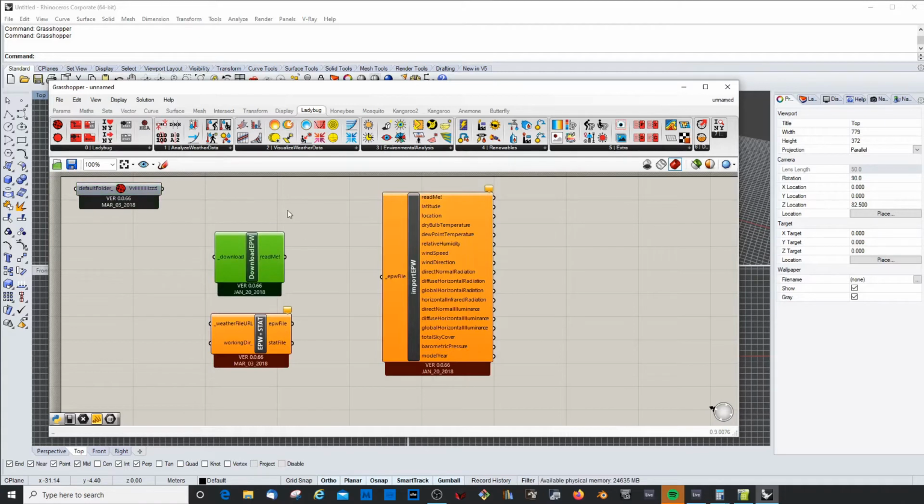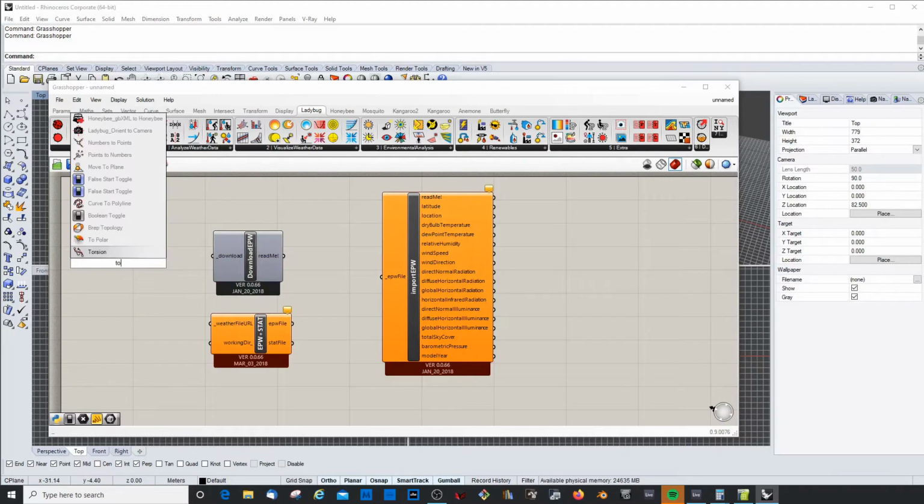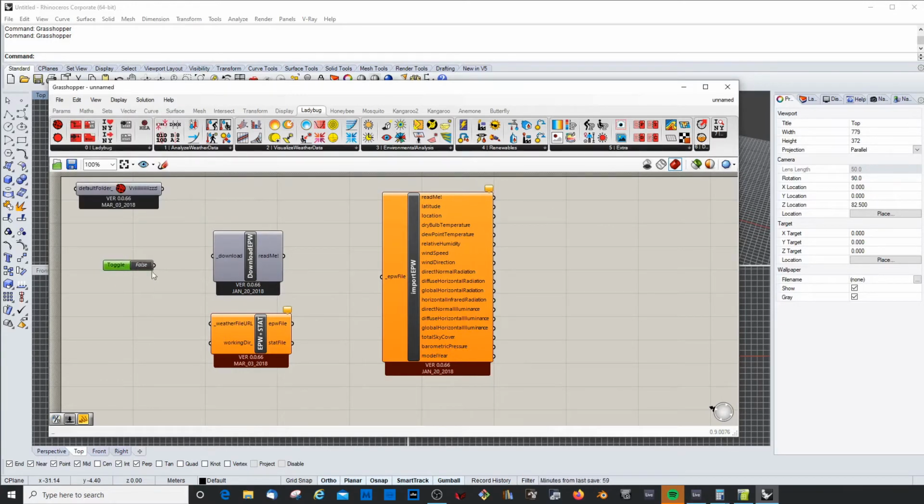Now we need some component which turns this download on, which activates this download, and we can do that by double clicking here and saying toggle. We can use this one, and by default it's set to false. It has two values, true and false. It's basically on and off, yes or no, and we can put this here. And if we now double click here,